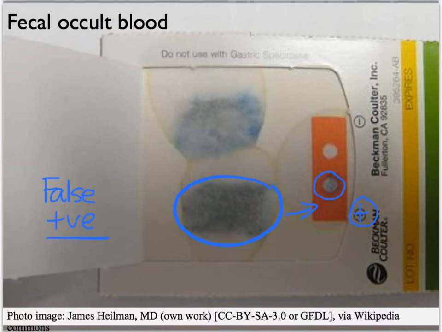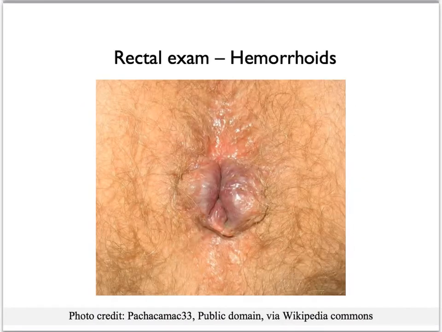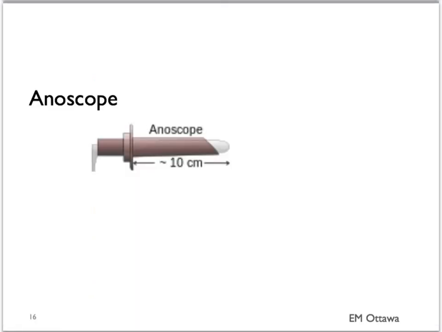GI bleeds. There are also other things you can see on the rectal exam. On examining the patient, you might be able to see a small anal fissure, and that might be the cause of the GI bleeding and the pain. Similarly, you might be able to see hemorrhoids on the rectal exam as well. In the picture here, these are external hemorrhoids. On examination in the rectum, you may be able to feel internal hemorrhoids as well. Sometimes an anal scope is used to look for both anal fissure and hemorrhoids if they're not readily seen on